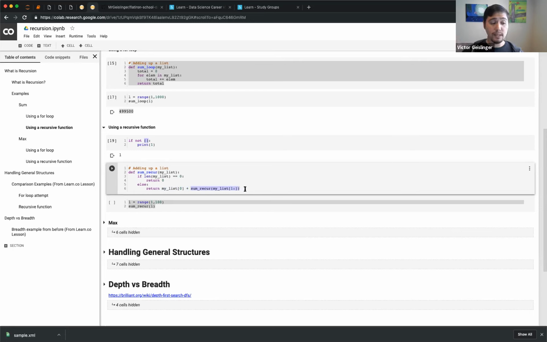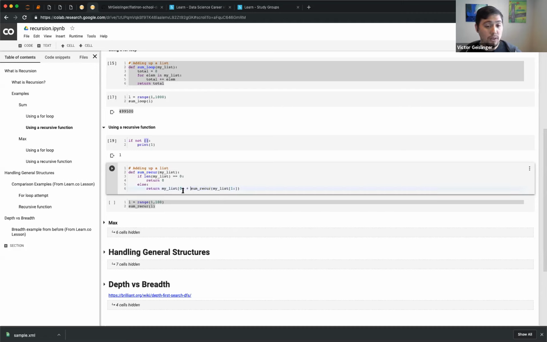So the best way you can think about this is, what if there's only one element in the list, right? If there's only one element in the list, we'd go through this code saying, okay, well, there's an element in the list, so I'll skip this part. I'll go here. Oh, there's only one element, so that means the very first element. In this case, let's say it's 1, right? So this will be just 1 plus the sum recursion of my list, only the elements after the first one. So if there's only one element in the list, this will actually return an empty list, right? Just 2 square brackets, which will get called in my sum recursion up here. And I'll say, hey, all right, I have an empty list. What should I do? Oh, return 0. So this number right here will actually end up being 0.